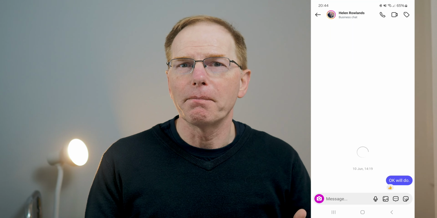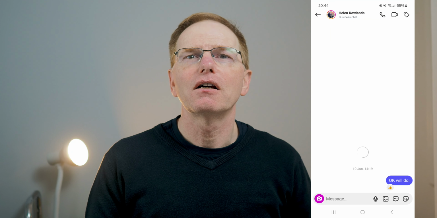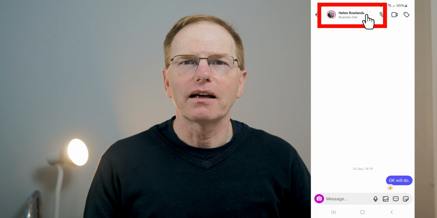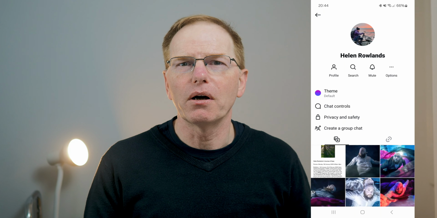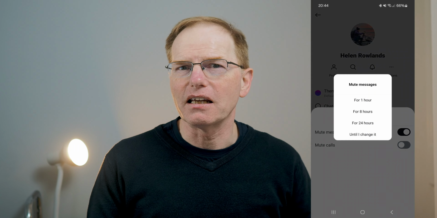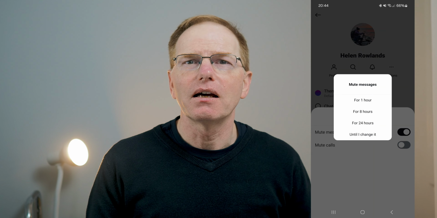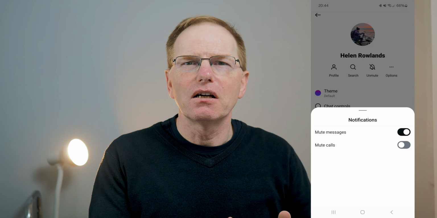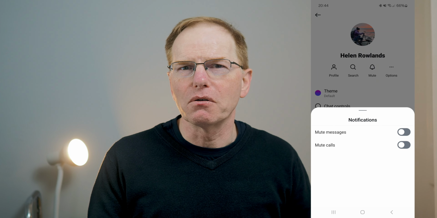Another way to do it is to go into the message section. If you've had any message interactions with that account, go into the message section, click on the top banner, and then there's the mute option, and you can limit or mute what you can see from that person from that point. And that's a really nice way to sort of not see what they're up to, but not lose